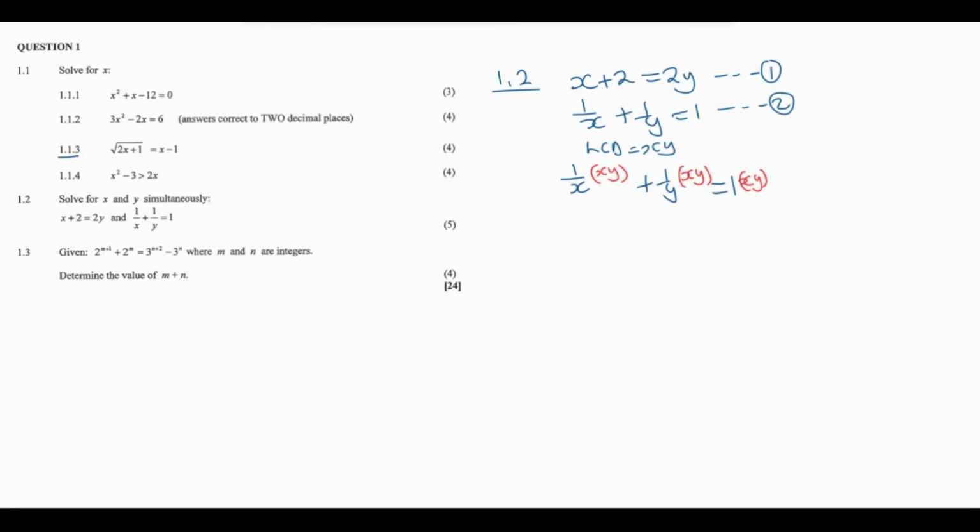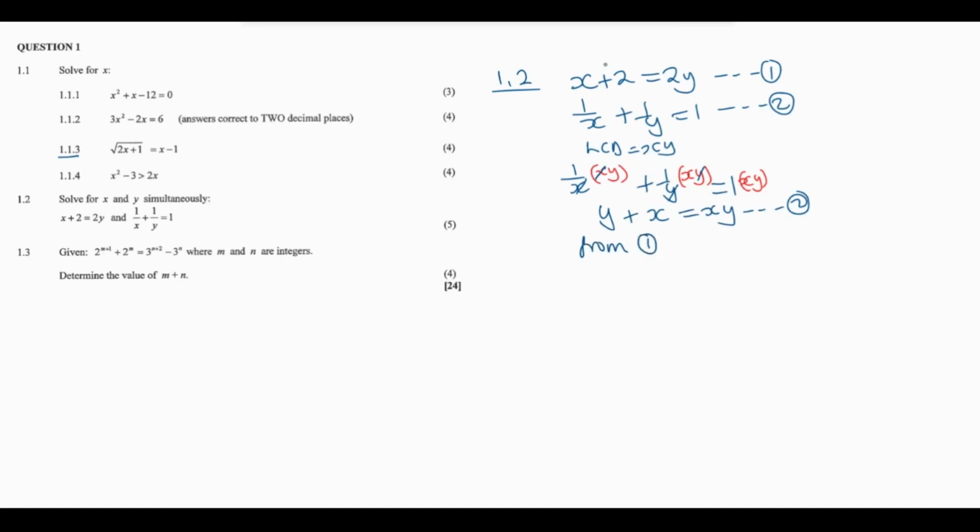Okay, then what do we get? x divided by x is 1, y divided by y is 1. So we remain with y plus x is equal to xy. It's still equation 2. Let's write equation 2. It's still equation 2. We just rearranged it. Right. So now from equation 1,